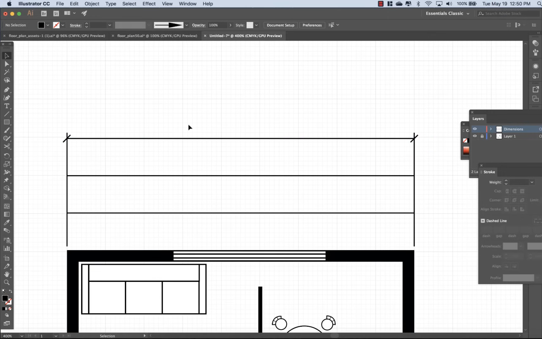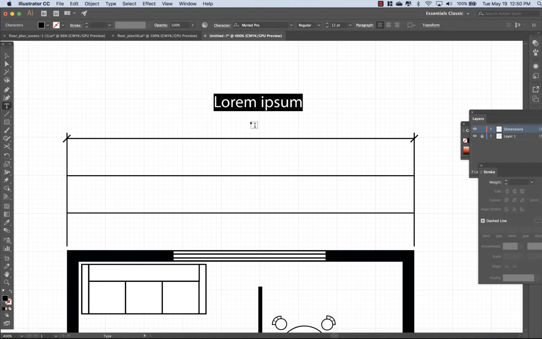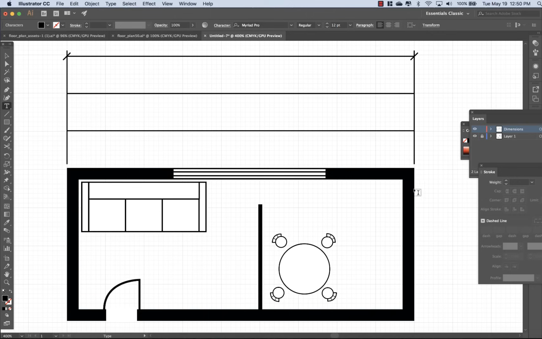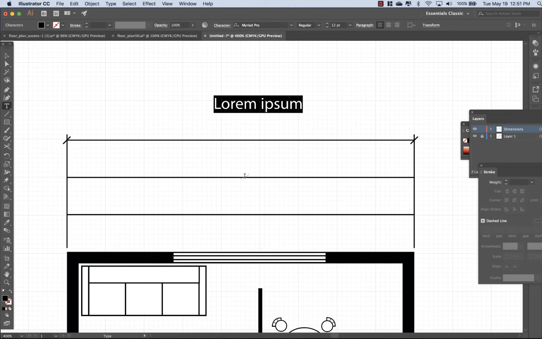So the next step will be to add measurements, and we can do that by going over to the Type tool and selecting once on our canvas. And this is where we're going to add the measurements. In this case, we're going to work with millimeters. For this example, we had a 9 meter or 9,000 millimeter long room or building by 4 meters or 4,000 millimeters. So I can just type in